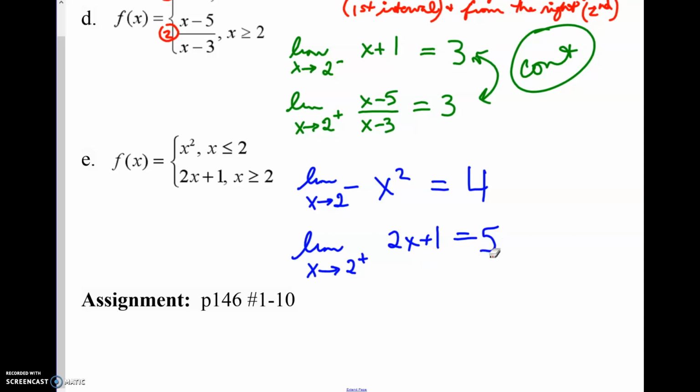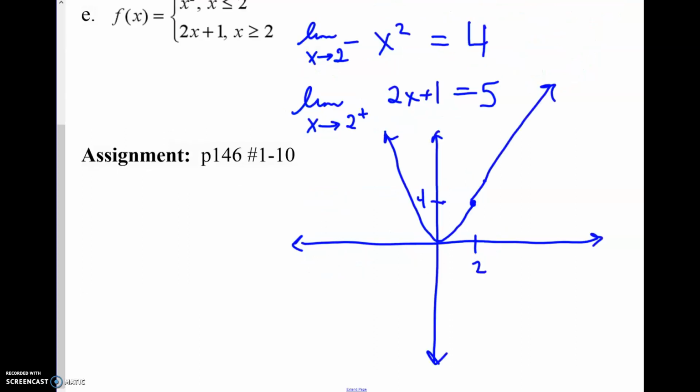So let me draw the graph quickly. Okay, when we look at the graph, this makes sense. When we approach 2 from the left, we are given this basic quadratic function. It ends at 4. And then right here, when we approach 2 from the right,